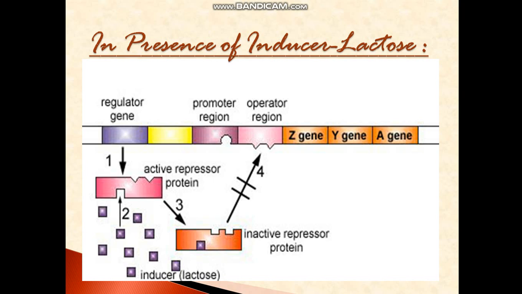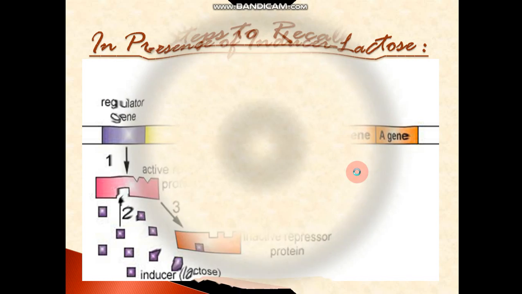So it realizes again, and the inactive repressor becomes active again, and it goes and binds to the operator region to stop the synthesis of the enzymes further. Okay, clear? So this is how the whole system is working. I think this will be clear to everyone. See, again I'll tell you in the next portion.